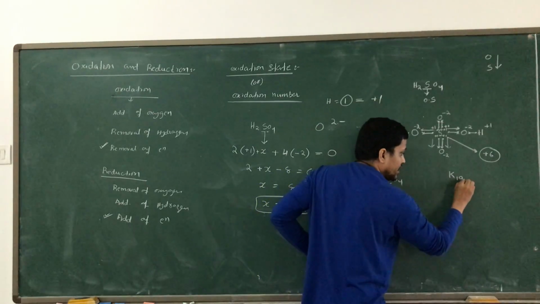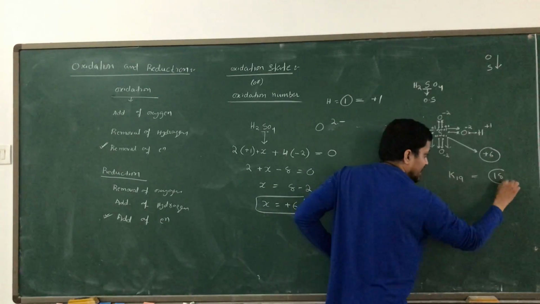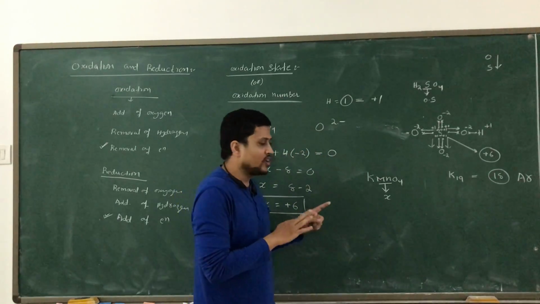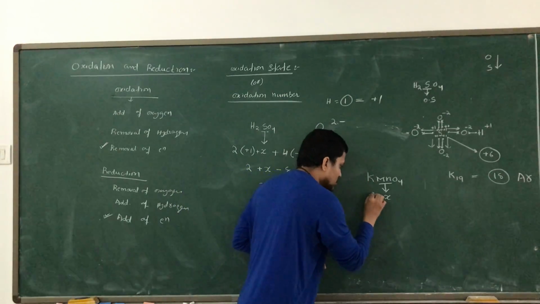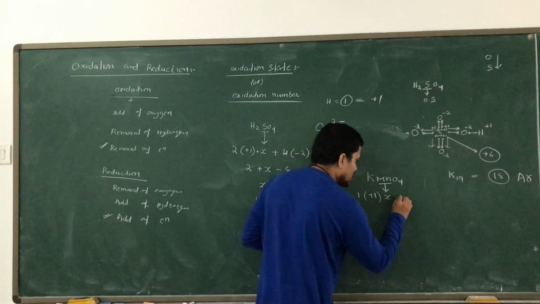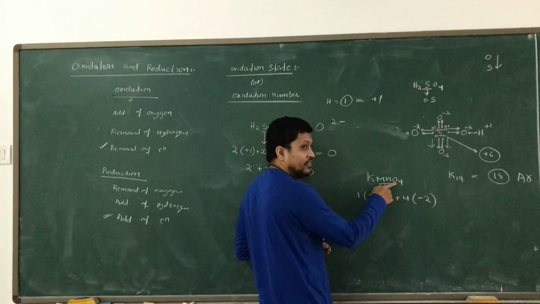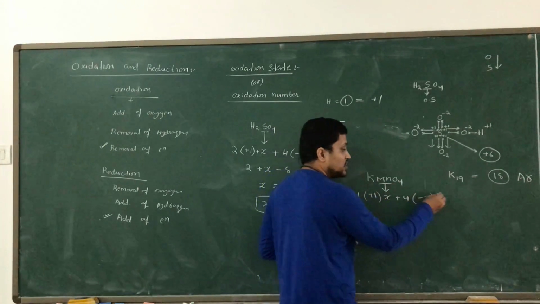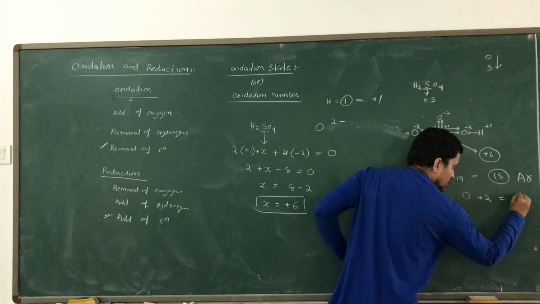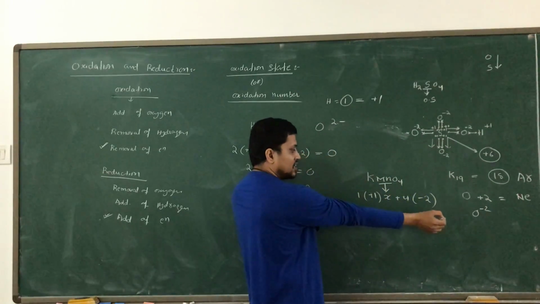The atomic number of potassium is 19, that means 19 electrons. It is always going to lose 1 electron to become 18, like argon, because it wants to reach the electronic configuration of argon. So potassium will lose 1 electron, so it should have +1 charge, and in total we have only 1 potassium. And if I go for oxygen, we have 4 oxygens, and each one should have -2 charge, because oxygen has more electronegativity and each oxygen is going to take 2 electrons to reach neon. Oxygen will take 2 electrons, and that gives a neon configuration. So oxygen gets -2 charge, and in that way the charge on oxygen is -2.